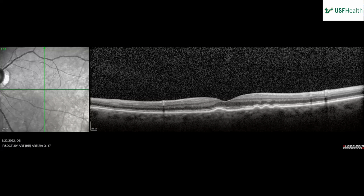But for a PED, if it's a serous PED, it'd be dark. If it was a fibrovascular PED, it would be hyperreflective. So the drusenoid PED, and you can kind of see the Bruch's membrane,